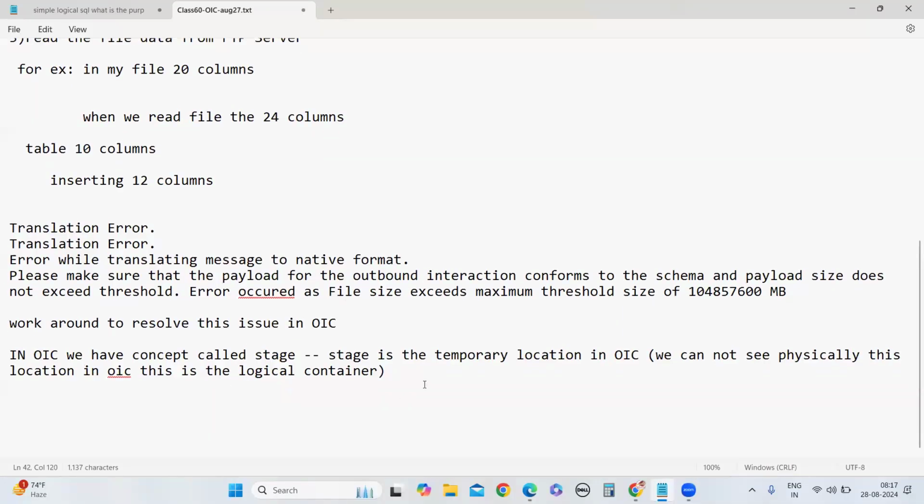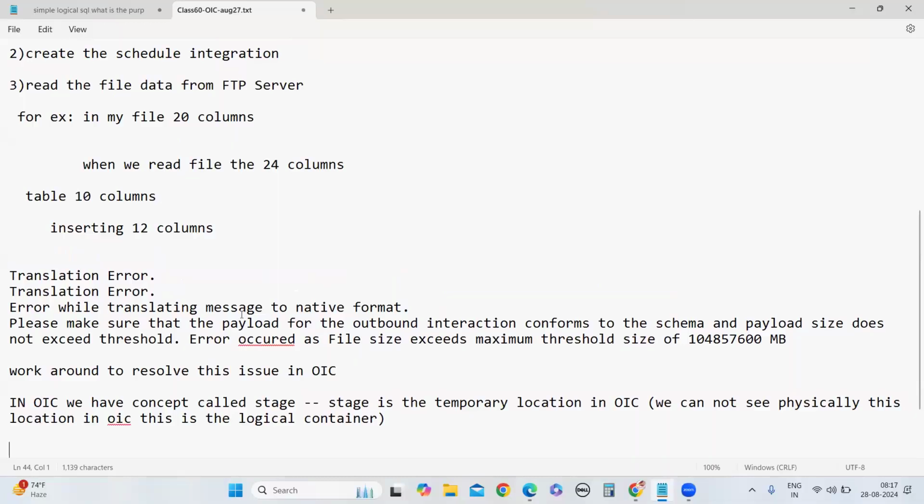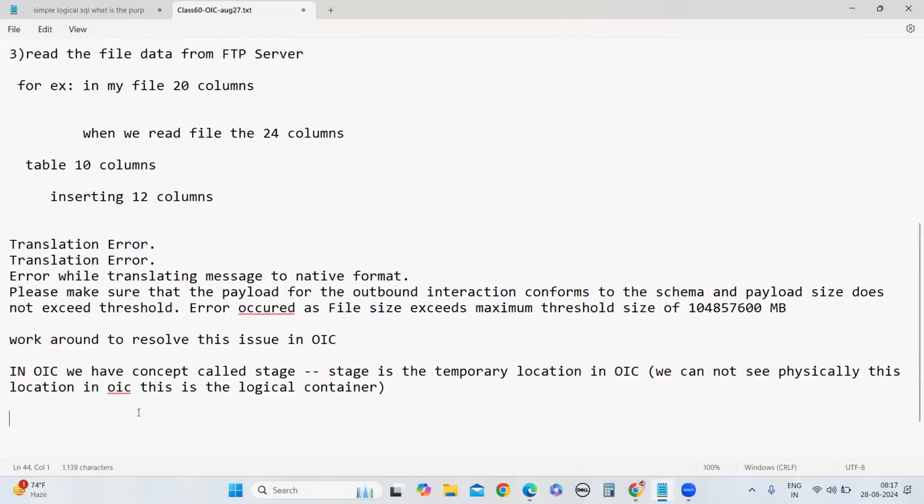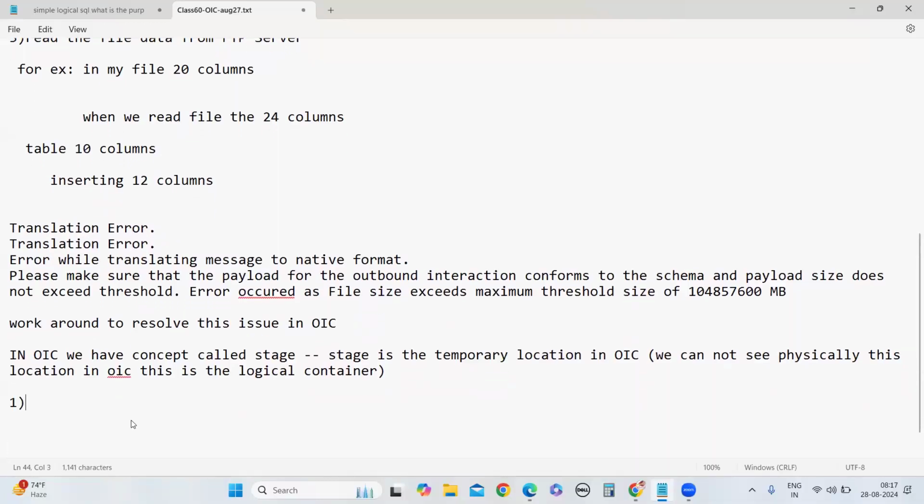While you read the file, you are getting the error, right? So in the beginning step, we need to download the file to a stage location in OIC. Then, after you download to the stage location, you can mention any location name.